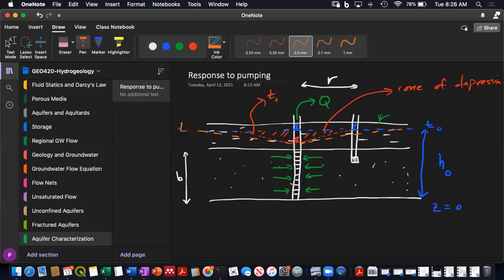So this is time T2. And so our cone of depression is now bigger,